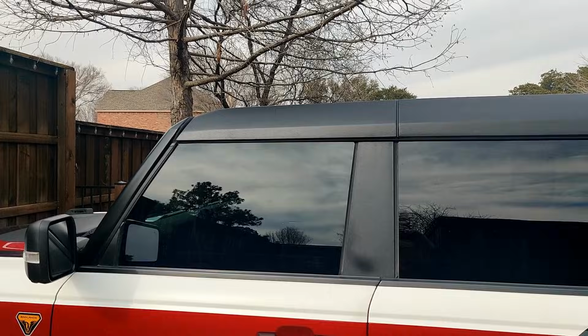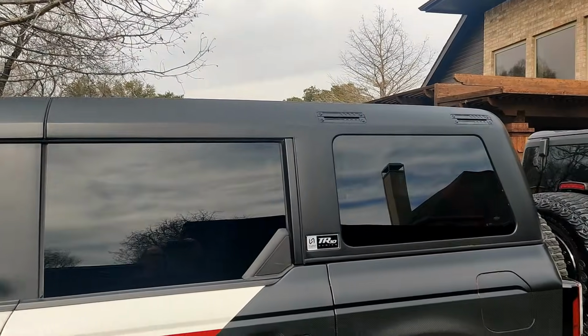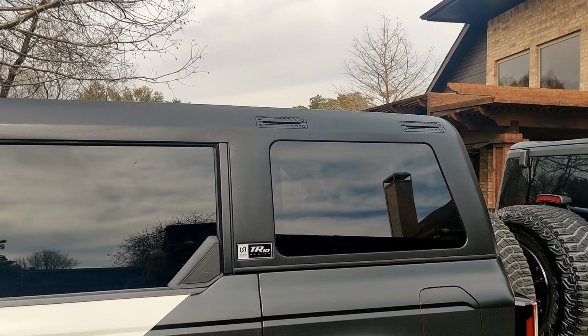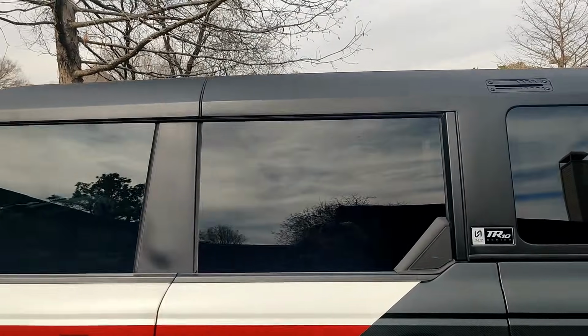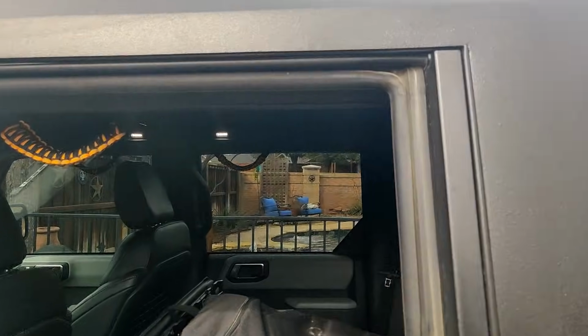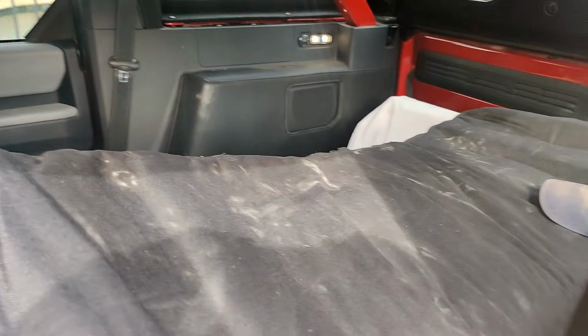But again, this came from King of the Hammers. I cleaned this top with nothing but water and a sponge, no soap. But let's take a look on the inside. Take a look at the latches. Now, I did notice, I still have the soft top in here,